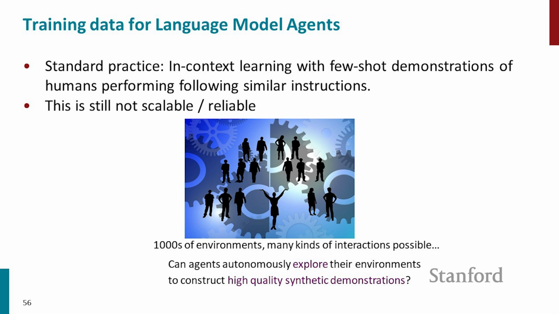And in the few-shot examples, typically for any new kind of website or any new use case, you're going to get humans to perform those tasks and feed that into the language model's prompt as in-context demonstrations, which it could then use to solve similar looking tasks on very similar websites. So obviously this is not scalable. There's thousands of environments. On some environments, there's lots of different interactions that are possible. And so maybe there's something better that we can do than just getting humans to provide demonstrations for